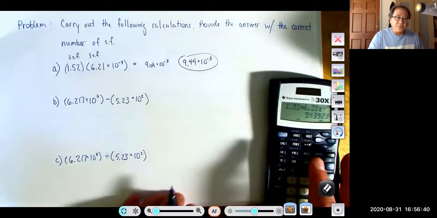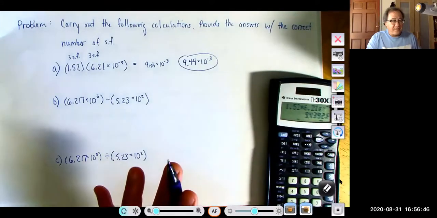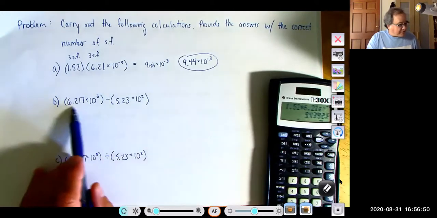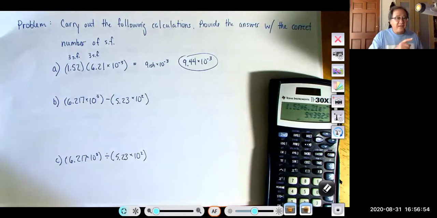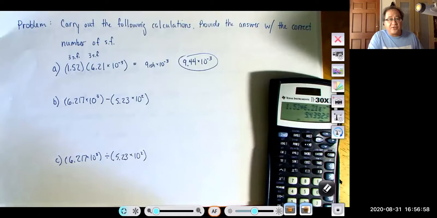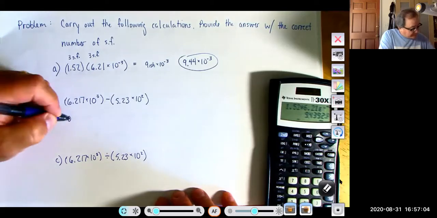Now take a look at this one. This is a subtraction. And this one can be very, very difficult because it looks like we've got 4 sig figs here and 3 here, so we want to end up with 3, but that may or may not be right. A trick to doing this correctly is to write them both out in decimal form. So this first one in decimal form is going to be